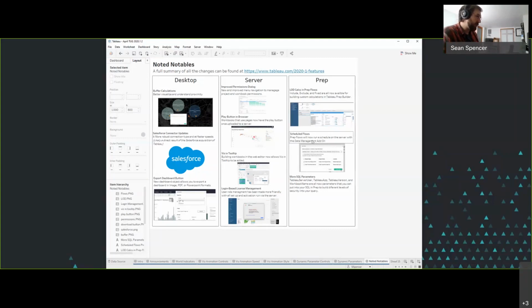So if you have the data management hat on, you're able to schedule prep flows, and they will now successfully execute on server schedules. They've also added more SQL parameters to the prep queries, so you can now use specific Tableau Server users in your initial SQL queries when creating Tableau Prep flows.